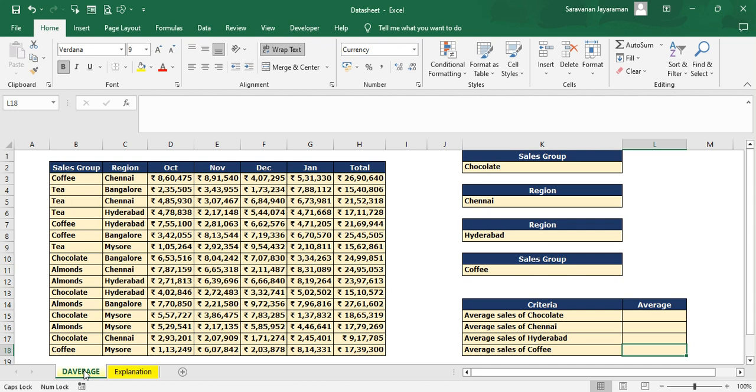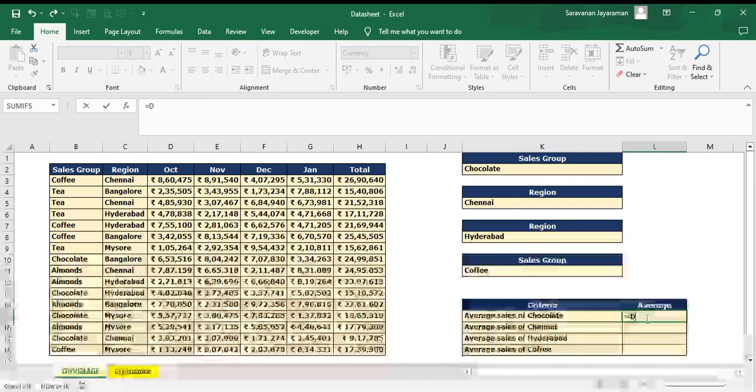So here we have a database, a data list where we have the sales figures for various sales groups for various regions. So we'll try to calculate the average for a few of the criteria. So let's see how to do it. So the syntax is, let's use, so we want the average sales of chocolate. The average,